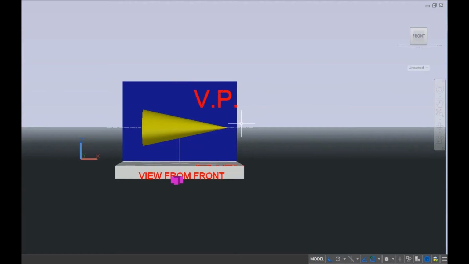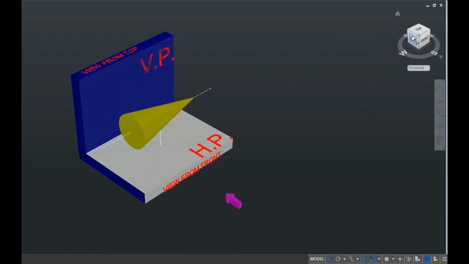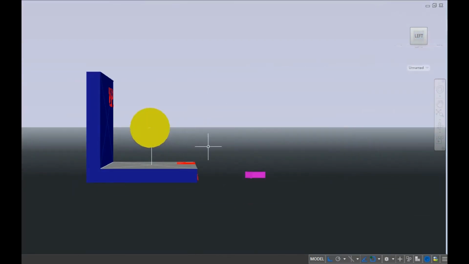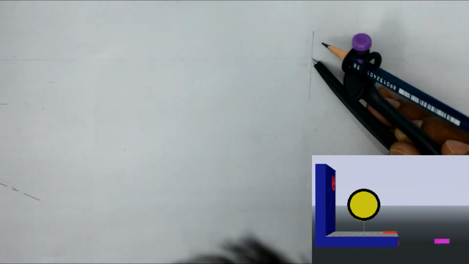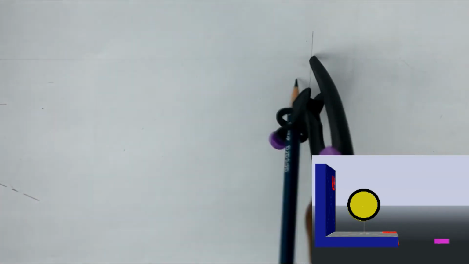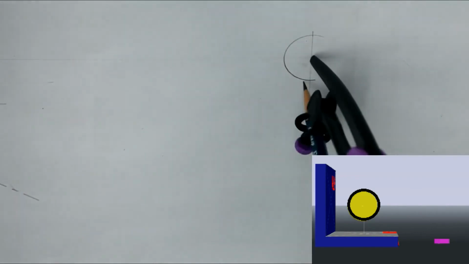But here the important thing to note is that for drawing this front view and top view, we need to first draw the side view of this figure, which will be circular. Now you will see that this is the side view which is circular. We will draw this first and then we will complete the front view and top view. Now we will see how to draw this. As I have mentioned, we have to start with the side view first of 15 mm radius, that is our 30 mm diameter. I have marked the axis line here already.